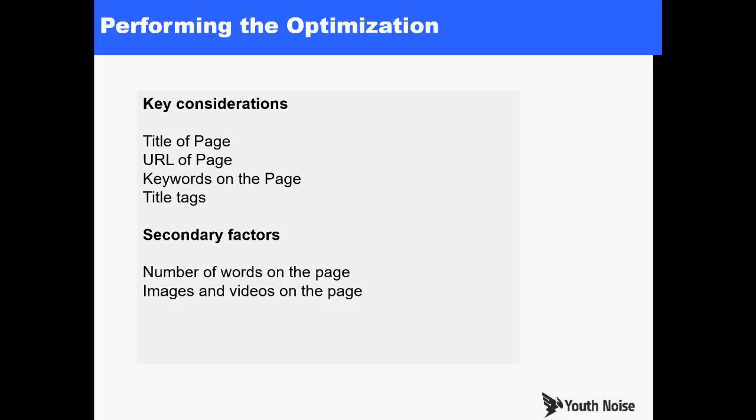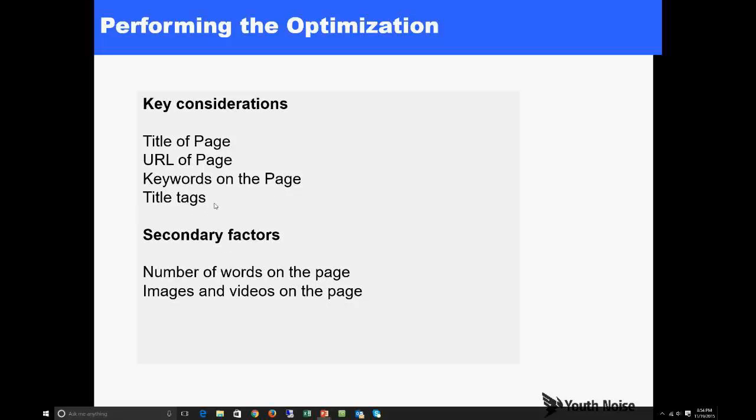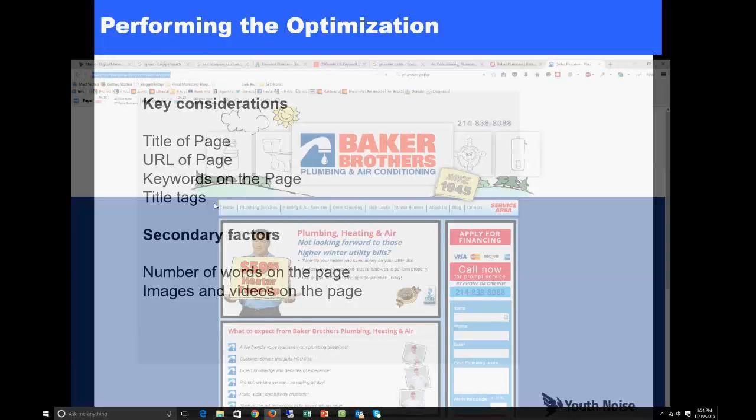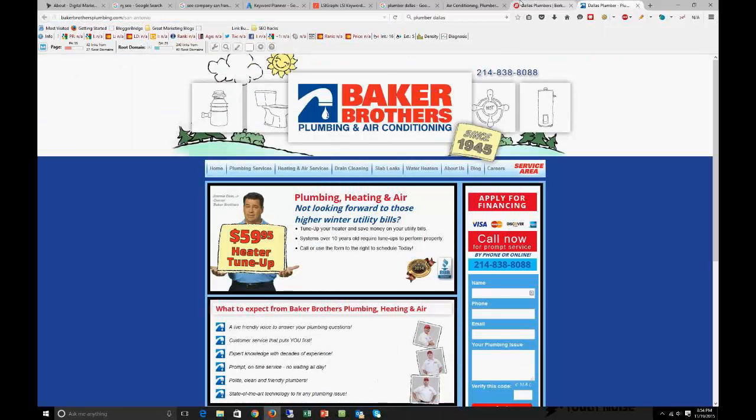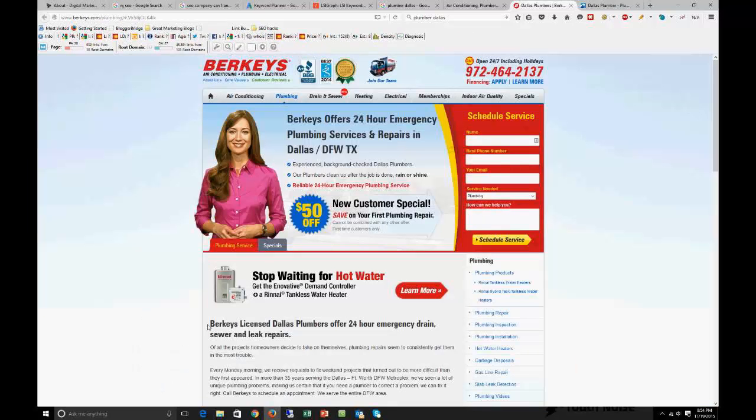When it comes to the actual on-site optimization, now that you have the keyword set, you need to figure out what the title of your page is going to be, what the URL of the page is going to be, what the keywords on the page are going to be, what the title tags are going to be, all that stuff, right? And when I say something like title, if we talk about Berkeley's, I believe that this is the title that they have: Berkeley's licensed Dallas Plumbers offers 24 hours, blah, blah, blah. That's the title they have. The URL they have is